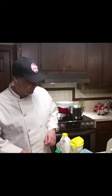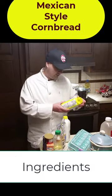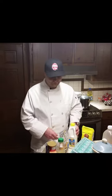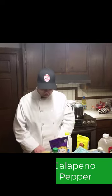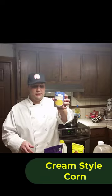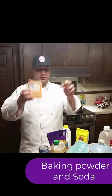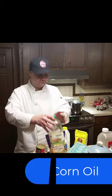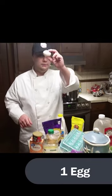The final portion of the meal is the Mexican-style cornbread, which is comprised of cornmeal, buttermilk, cheddar, one entire jalapeno pepper, cream-style corn, both baking powder and baking soda, and corn oil. Final ingredient is 1 egg,